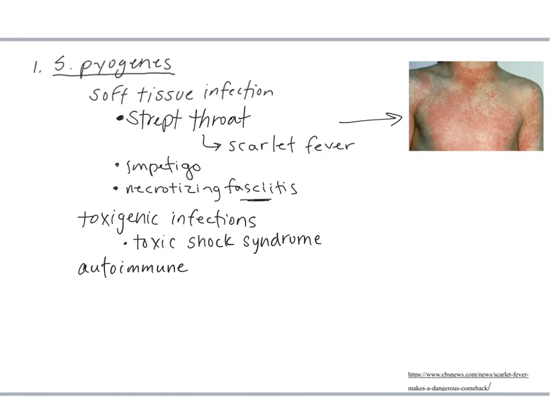I mentioned before, really important to treat a strep throat if you have strep throat. Not only so it doesn't turn into scarlet fever, but also there are autoimmune complications of an untreated strep throat. Antibodies that target the antigens on the surface of Strep pyogenes can cross-react with our self-antigens, and most commonly ones in the kidneys or ones in the heart valve. So we can get things like rheumatic fever